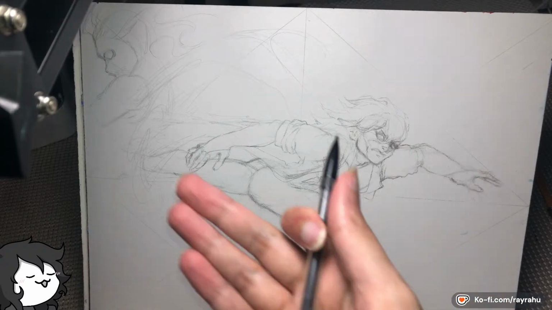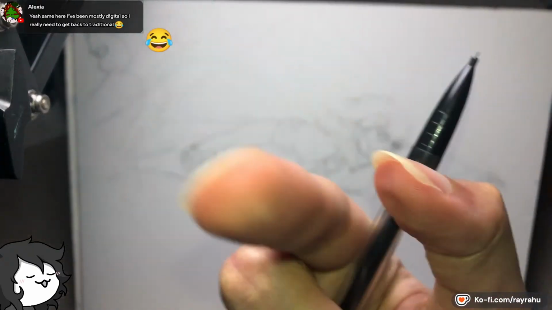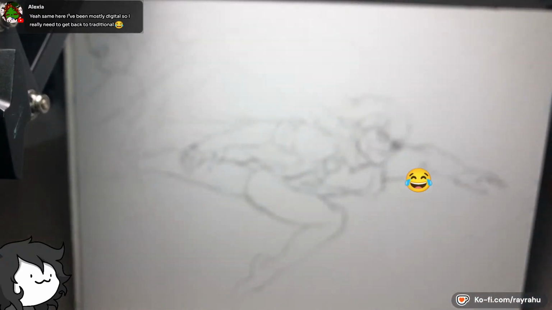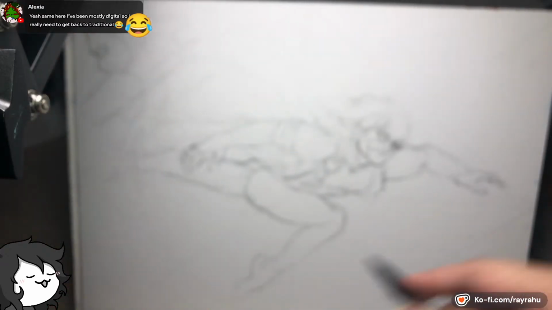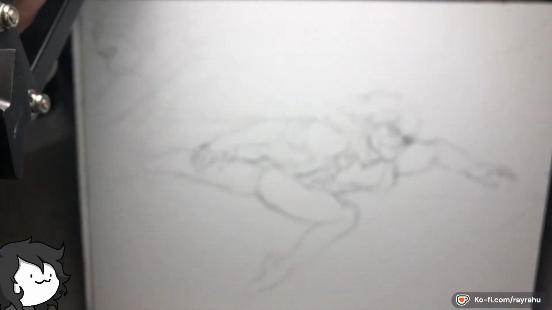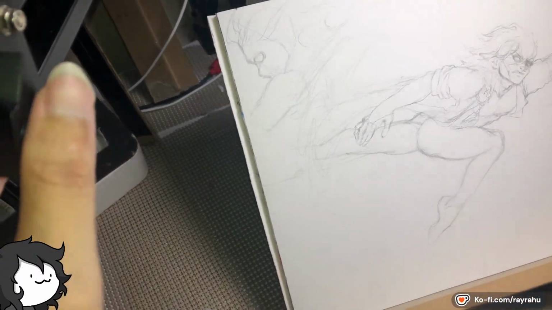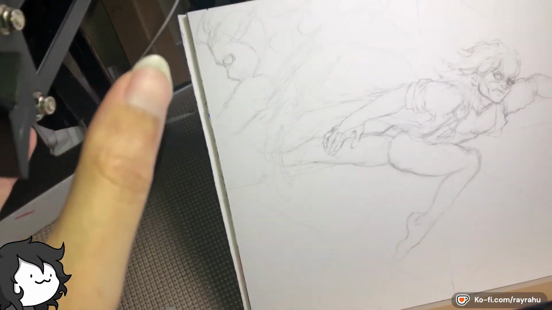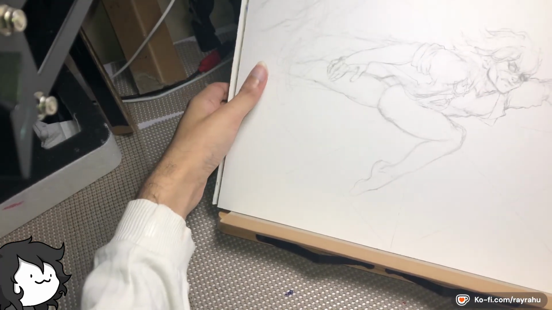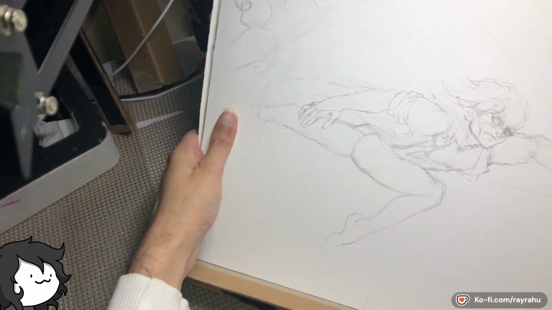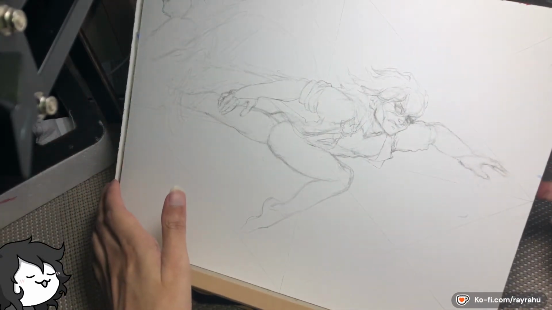The only issue for me right now is this thing is really in the way. Where you guys are looking is my head, so I'm having to move my head off to the side to get a good view. Maybe I should... Okay, if I move you guys here and I move this way, it's at a very awkward angle for me to draw on.